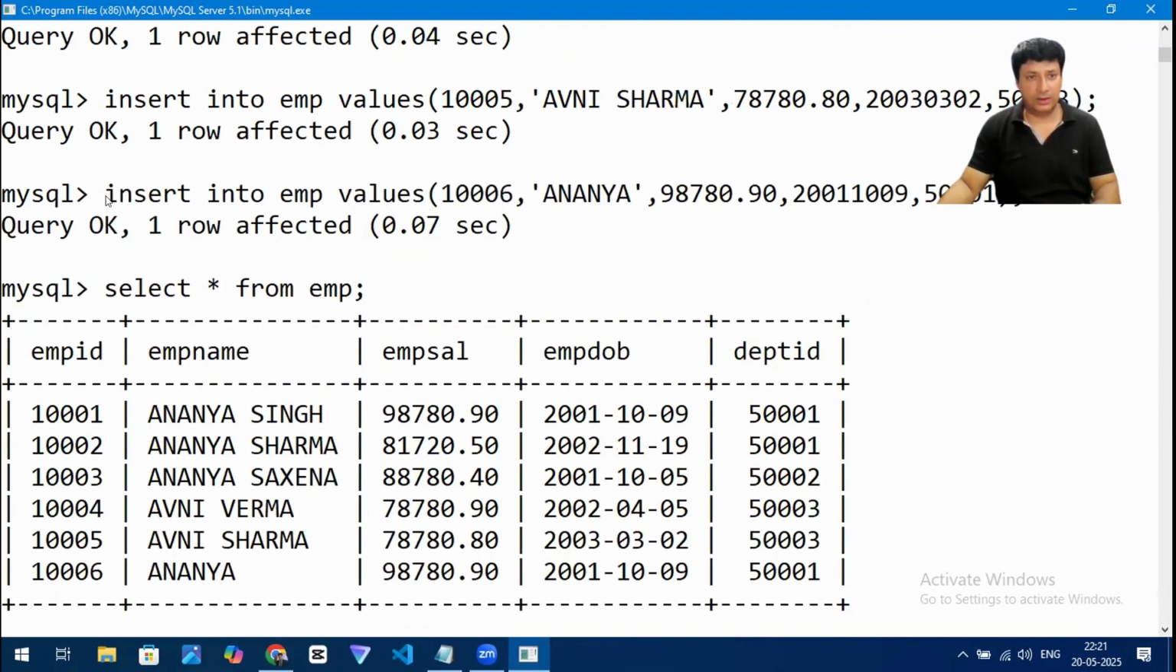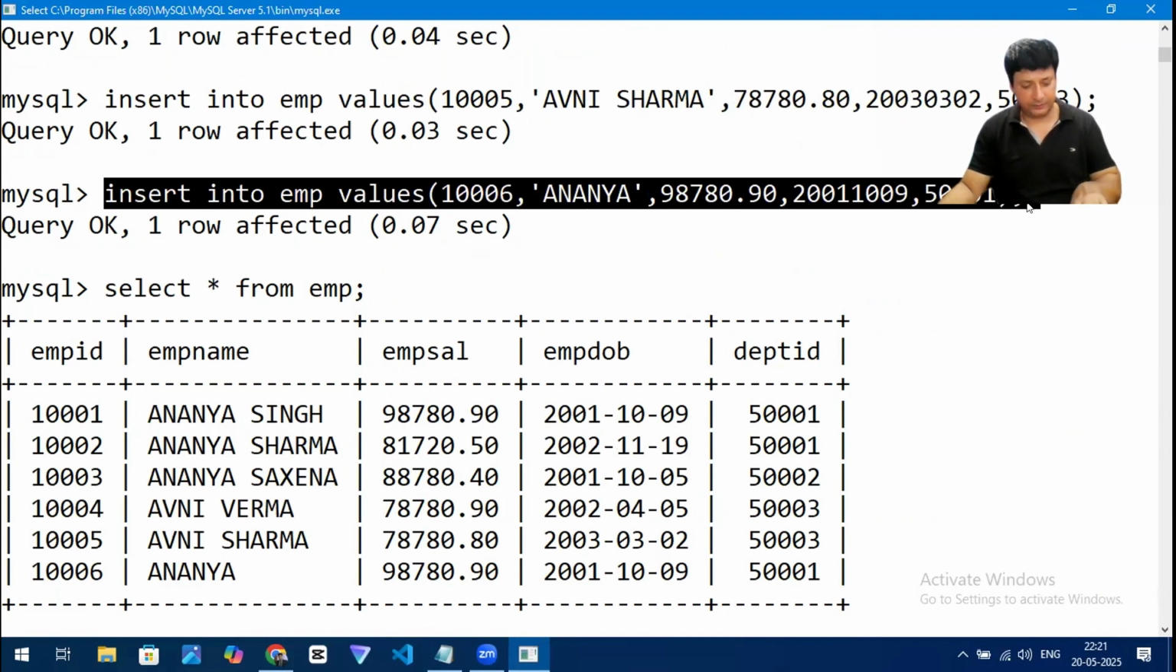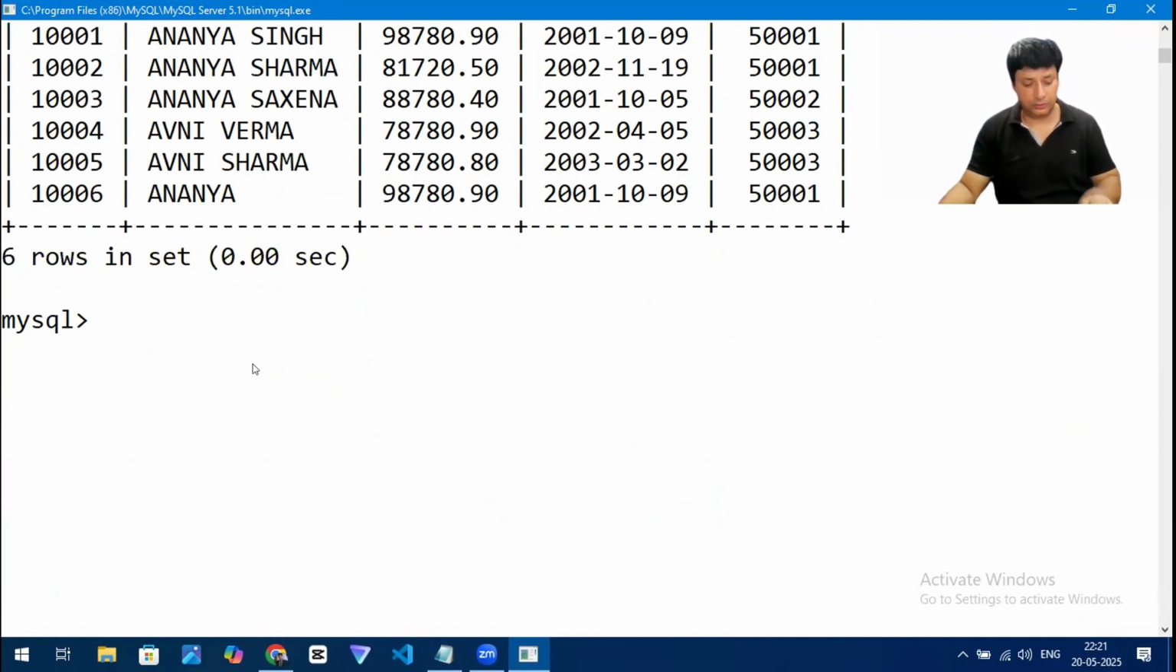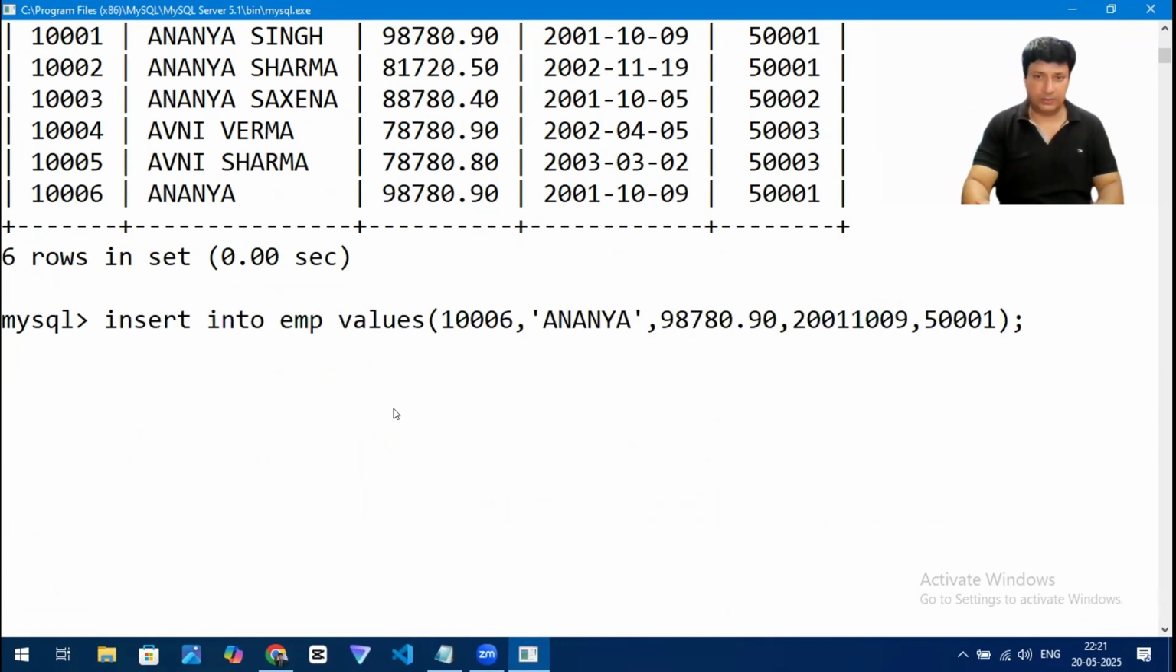I'll copy this from here. Understand it properly, what exactly I'm trying to do. Now we have got 6 rows containing EMP ID from 1001 to 1006. If I try to insert one more row with the same EMP ID 1006, because EMP ID is set as a primary key, it should discard this information. It should not let this information be entered into the table,